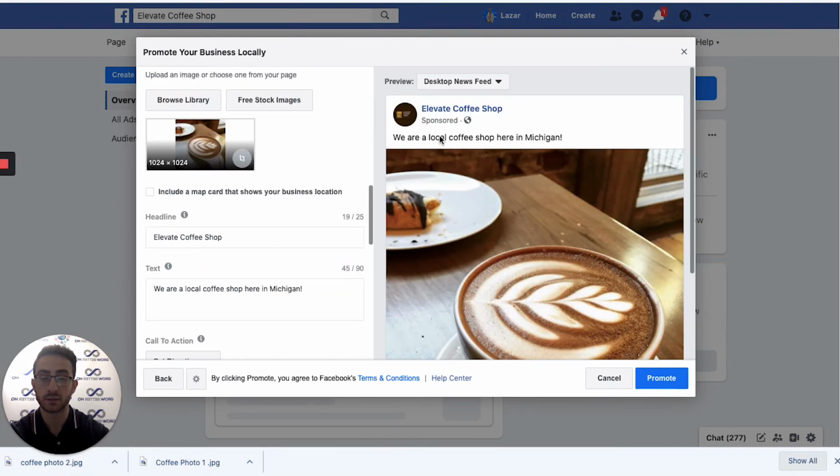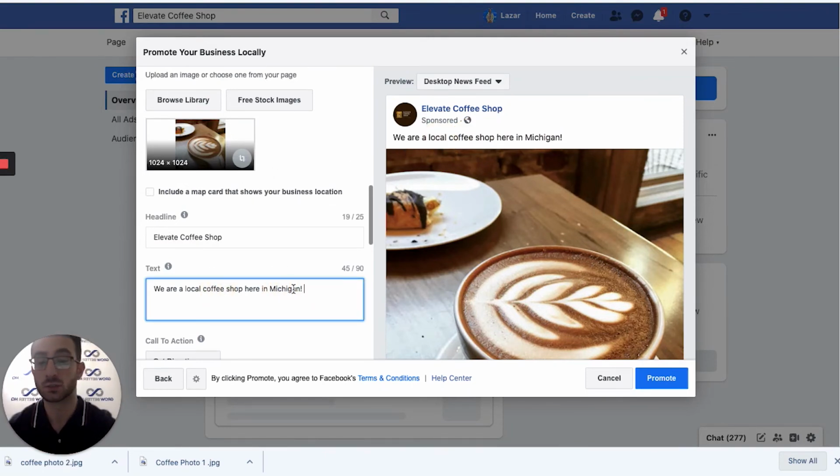The headline is going to go right up here. So right now it's got what our about us was. So we're a local coffee shop here in Michigan. So obviously we have an ad, and we're probably going to want to generate some sales with it. How about we say, so this is in Grand Blanc, right? So, hey, Grand Blanc, stop by and try some of our,